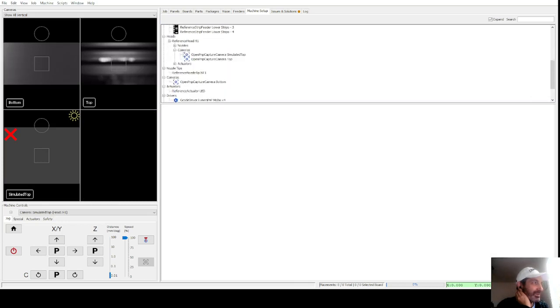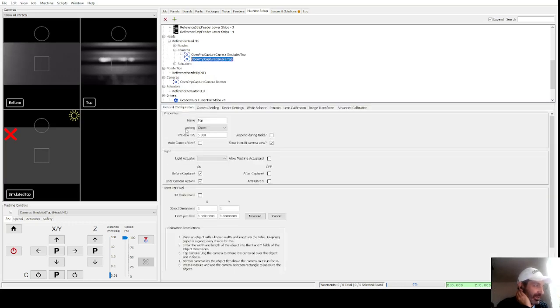Heads, cameras, camera top, general, light actuator. This is the one I was looking for. I need to turn on include allow machine actuators. Now that'll show up. So I can choose LED, I can apply it, and let's go right to the,